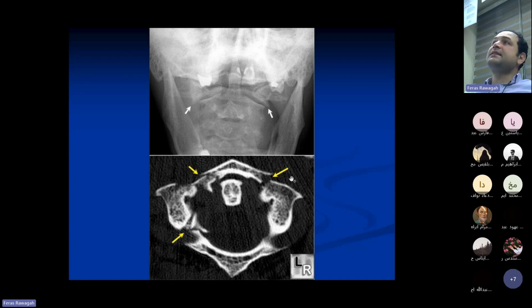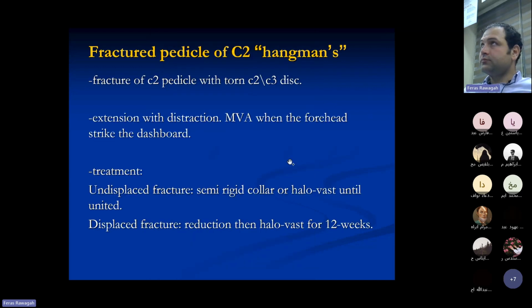And this implicates instability of the fracture. The hangman fracture is a C2, C3 disc rupture with a C2 pedicle fracture. This is also a traumatic spondylolisthesis of C2 over C3. It results from a C2 pedicle fracture or a fracture of the pars interarticularis of C2 with a rupture of the disc C2,